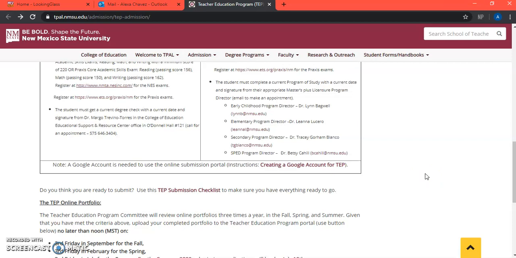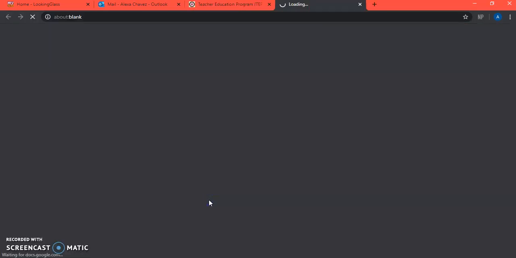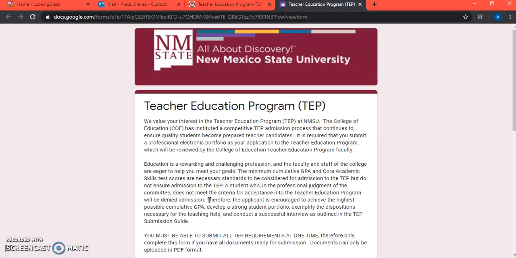Before you submit, make sure you're ready by going through this checklist. Also, remember that you're going to need a Google account. So if you don't have one, take a few minutes to create one. If you do, then you're set. If you're ready to submit, then click the Submit Portfolio button. Then this is going to take you to